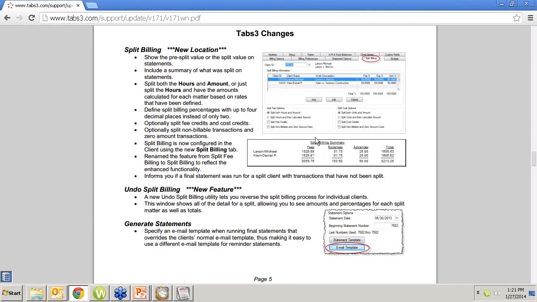This is an example of how we can now show the splits. In the past, when it was split, it was split. So if you split an hour 50-50, let's just say for the sake of discussion each client is paying $200 an hour, one client would see 0.5 hours at $100 total, and the other client would see 0.5 hours at $100 total. They never saw what it was like before it was